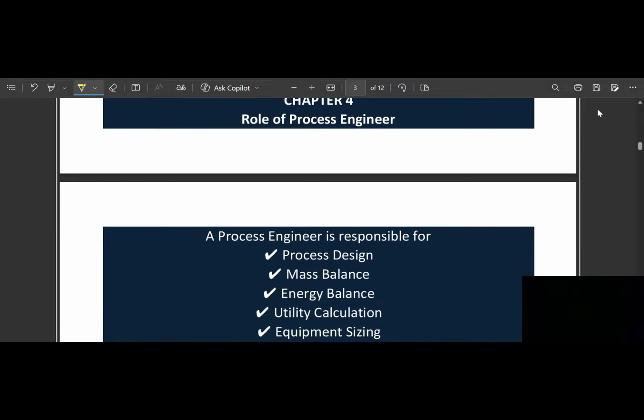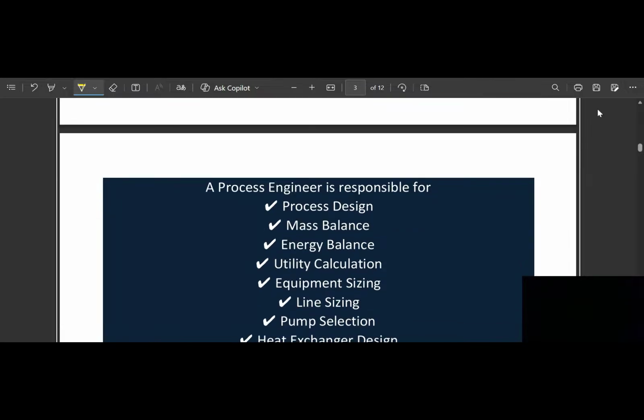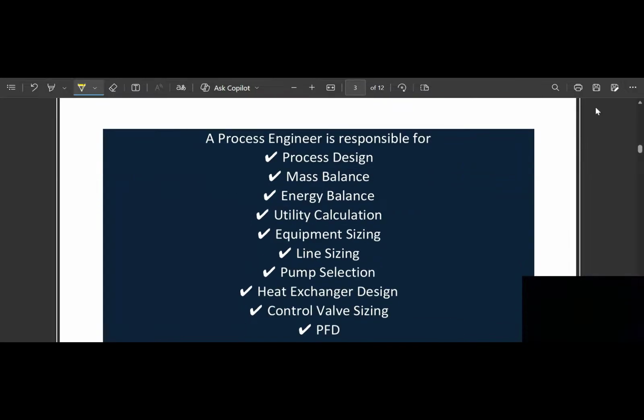Okay, this is the main topic. What exactly does a process engineer do? What are our responsibilities? So the process engineer is responsible for